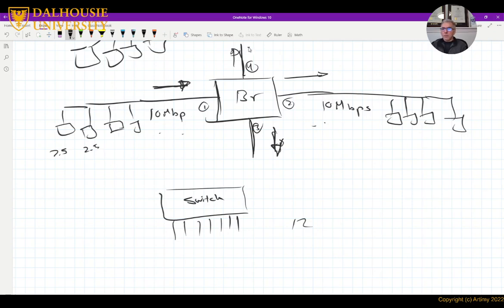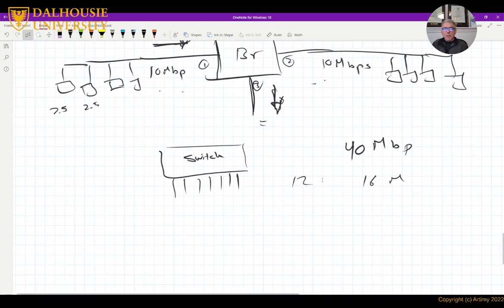If I put more nodes here and more nodes here, in total I have 40 meg and 16 nodes. So by using bridges or switches, I can extend the bandwidth of the network as well, because each one of these ports connects to a segment that has 10 meg bandwidth.